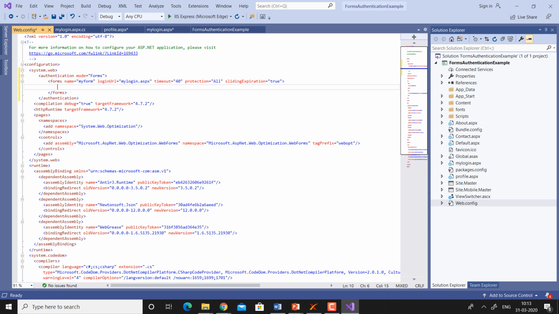And now we will put certain users here under the credentials tag. So we use credentials, and password format will be clear. We can make any other value like MD5, SHA1 and SHA256, but for using this the password needs to be converted into these formats earlier, and then we need to put here the password in the encrypted form. Now we'll use the clear,